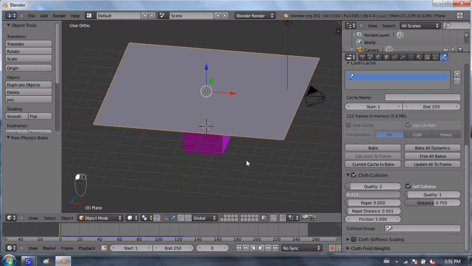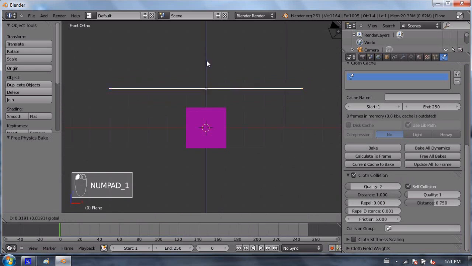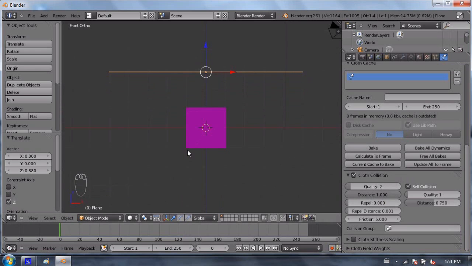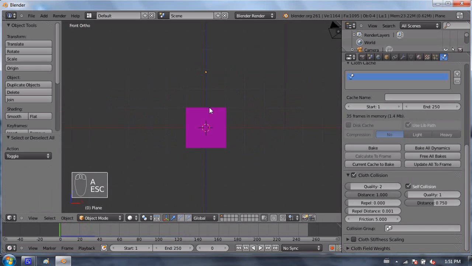Why doesn't it just drape right on top of it? Well, that results in more problems. So we will just change it to 1. Now 1's a really big number. Obviously it was 0.015 before, but we've changed it to 1 just to kind of illustrate what's going to happen here. I'm going to start my cloth a little bit higher up, and I'll press Alt-A to simulate. And as you can see, with a distance of 1,